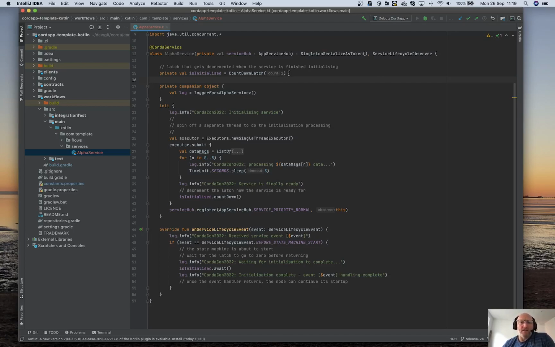Now this latch here is a member of the class. It starts off at 1, and it's just a latch that gets decremented when the service is finished initializing. So that's when it initializes. It sets off a thread, but of course that happens in a separate thread. When the initialize function exits,